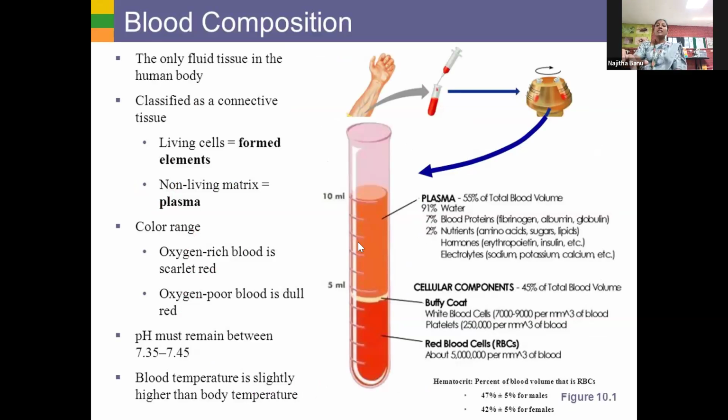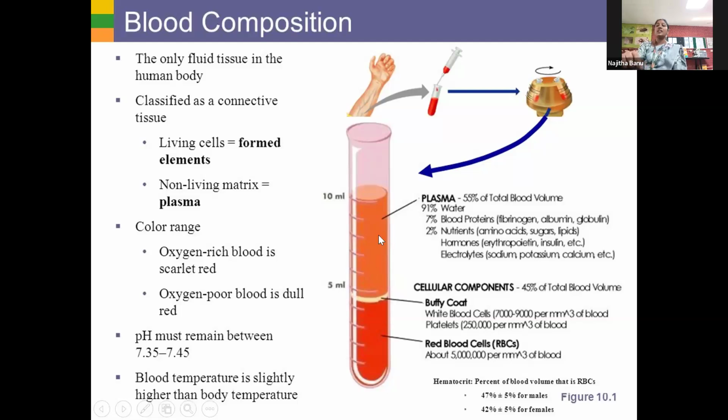Okay. So after that, if you want to see what is plasma and what is the formed element, you can simply keep that blood after transferring it into a test tube. If you keep it as it is in the laboratory or at room temperature, you can see two different portions separated. It naturally has the ability to coagulate because fibrin is present. Now look, in the 5 ml of blood, the portion which is settled, we call the pellet portion, the settled or coagulated one, that is your formed elements, the living portions. The upper portion is fully liquid in nature.